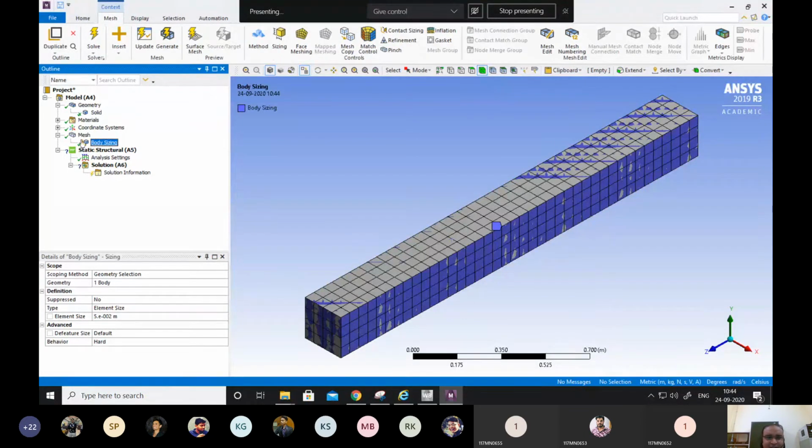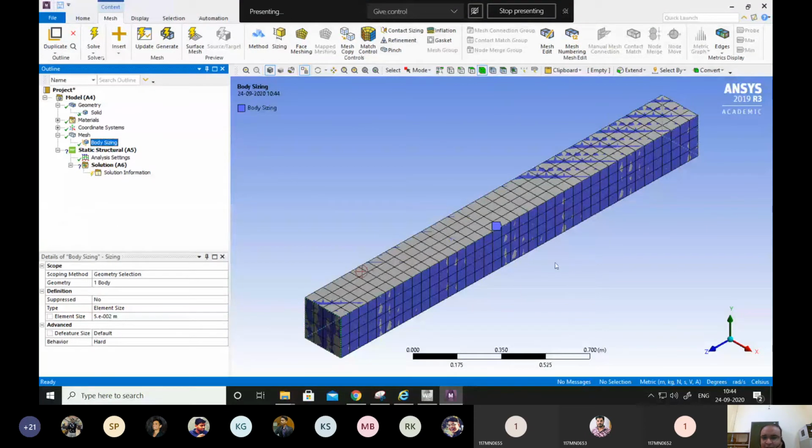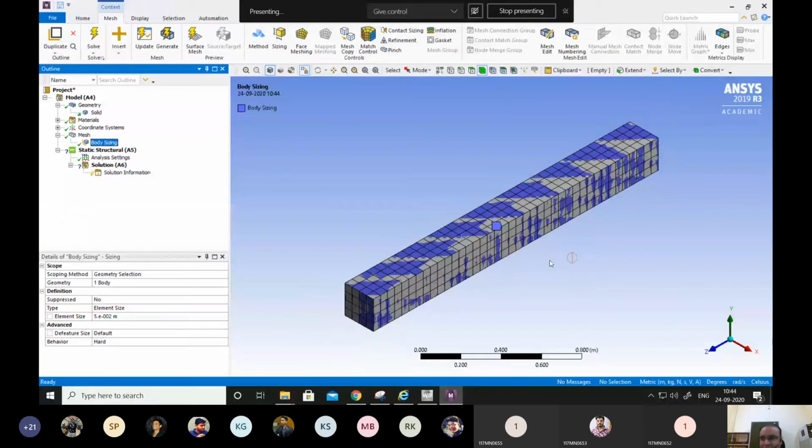So this was meshing. We can include any type of meshing also. We can even have graded meshing, like meshing that is dense at the middle or not so dense at the ends and so on. We can do that, so that facility is also there. There are so many kinds of meshing refinement, contact sizing, face meshing, and so on. So based on what we want to do, what kind of meshing we want to change, we can do that.